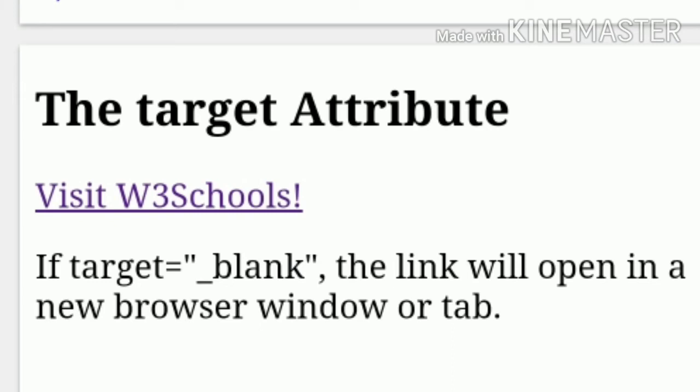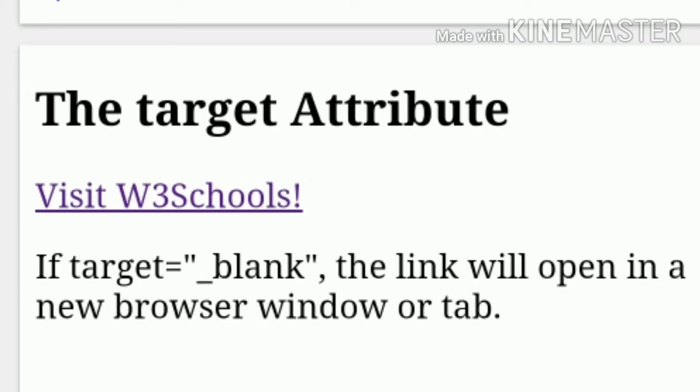Then you can use absolute URLs or relative URLs. Both examples above are using an absolute URL, a full web address in the href attribute.